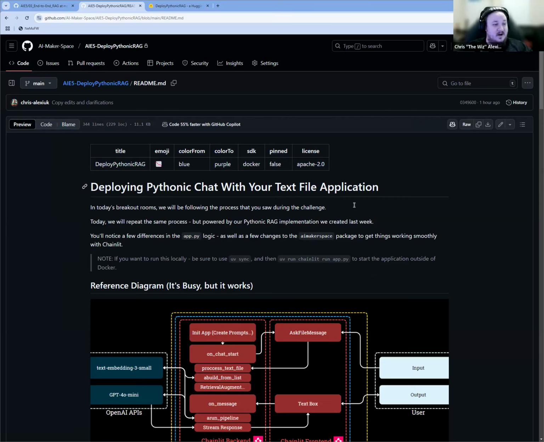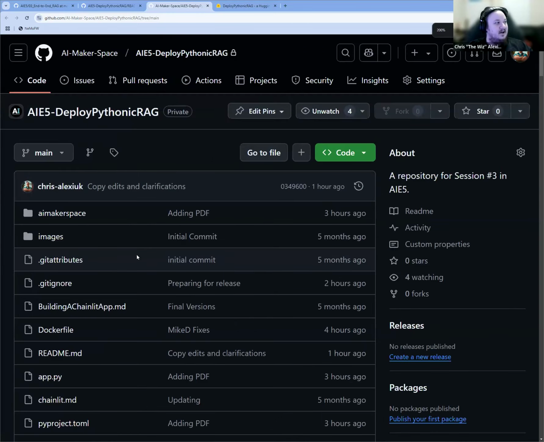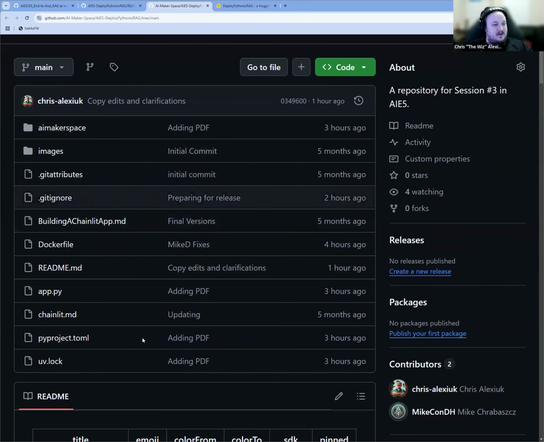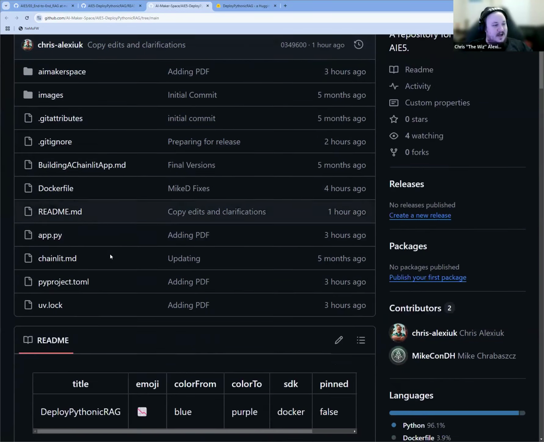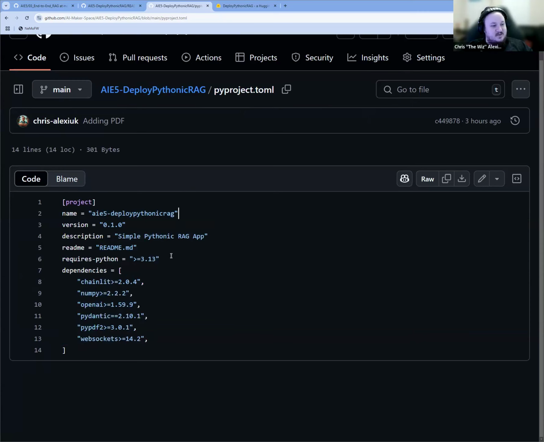Next, if you want to run this locally, we are using uv. Someone was mentioning earlier that we don't have a package set up to make things nice and clean. We have that with uv. The pyproject.toml is going to have exactly the dependencies pinned to exactly the versions they should be pinned to, as well as what version of Python you have.